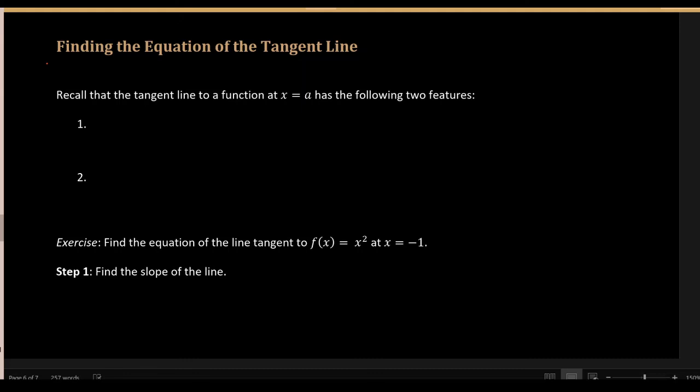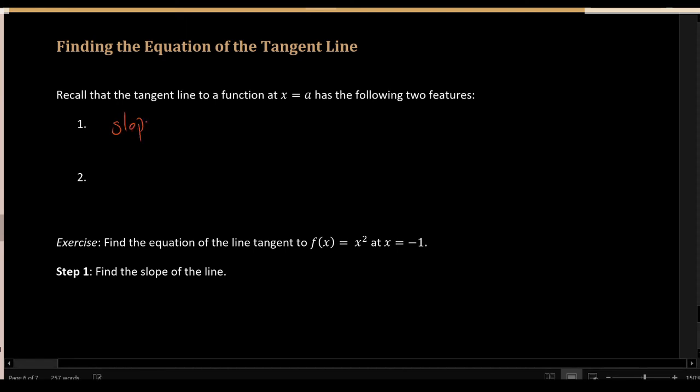Now for a tangent line, we actually have a lot of information about those 2 things. We know that the slope of the tangent line at x equals a is given by the derivative of the function